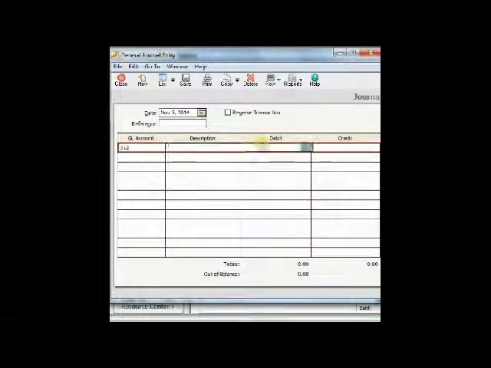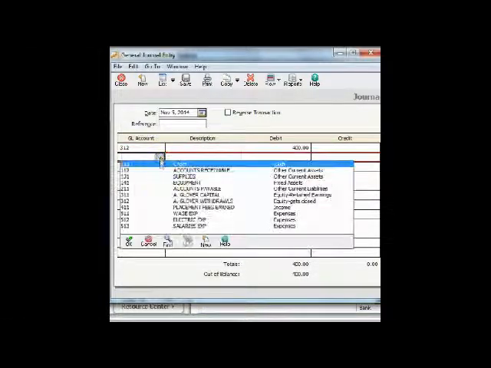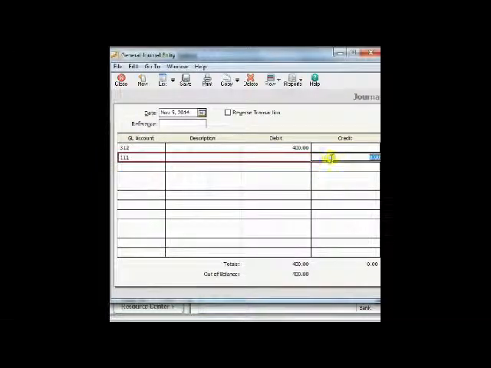A. Glover withdrawals will be the debit for $400. And we know that cash will be the credit account for $400. And these will be put in exactly the same way we put them in before. When we click Save,